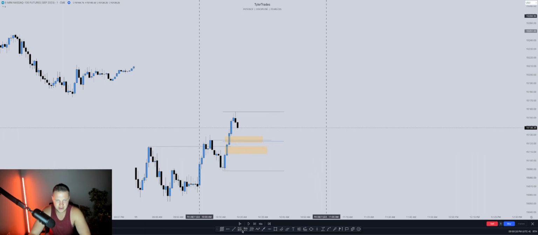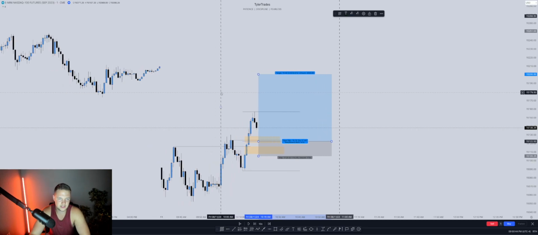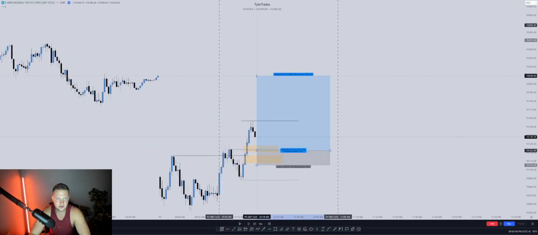So, back testing this, where would I take my entry? I would put it right at that equilibrium, kind of get the best of both worlds right there. And then I would put my stop loss right below this fair value gap candle. If you really wanted to be safe, maybe you'd go all the way at the low. For this example, I'm just going to put it right here, 17 points, and then looking to target opposing